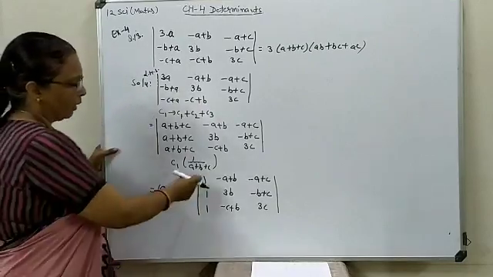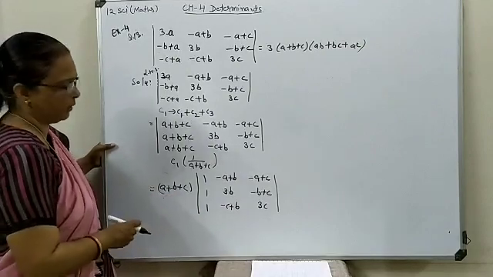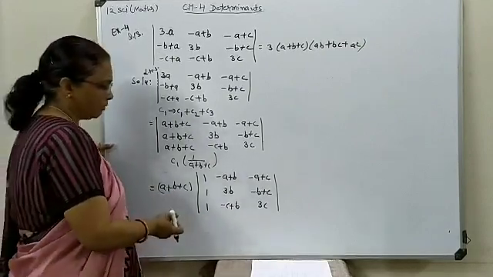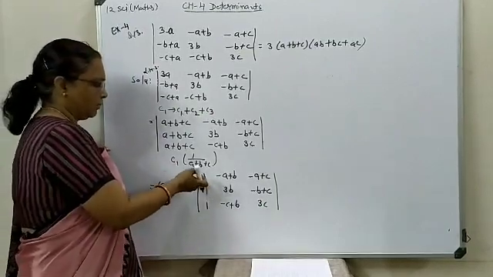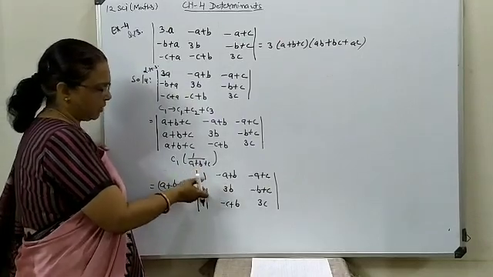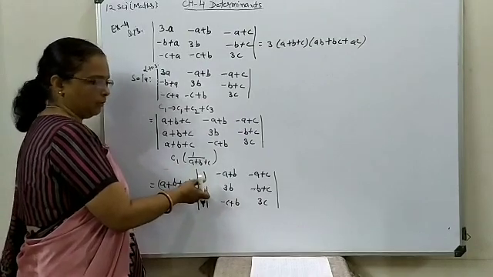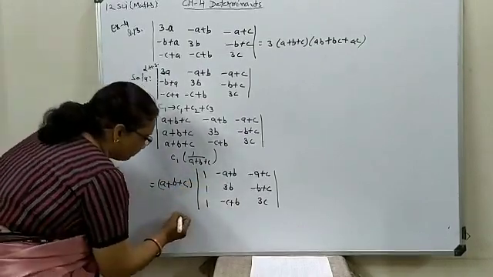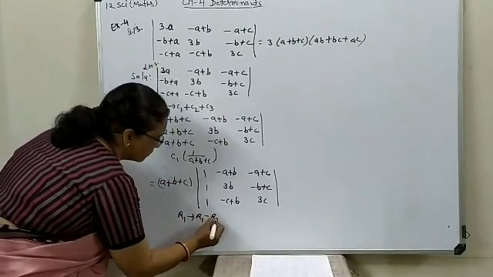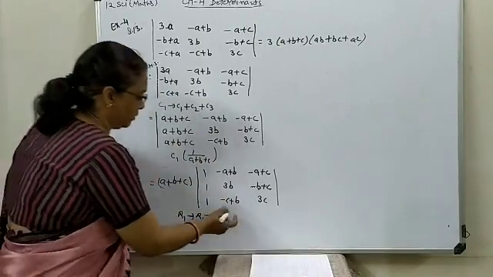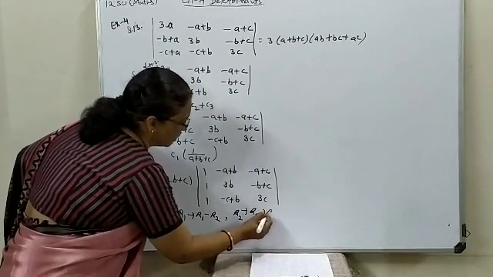Now here, as 1, 1 we have generated in the first column, 2 zeros we will try to generate here and then go for the solution. So in order to that, as normally we do, second row subtract from the first and third row subtract from the first. So property implement: in your first row we want a change, so second row subtract from that. In second row we want a change, so third row go for the subtraction.